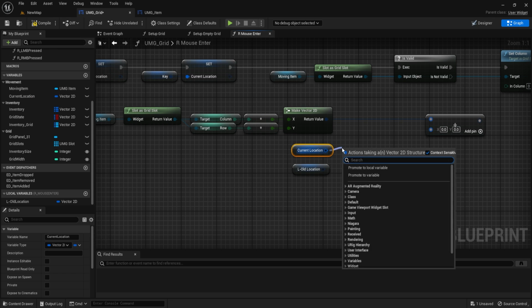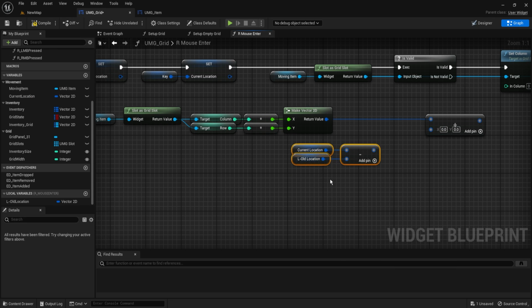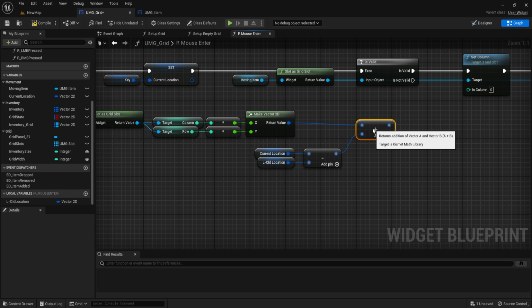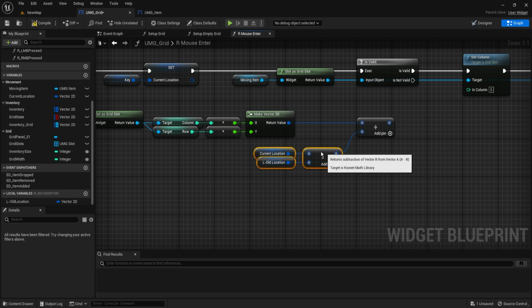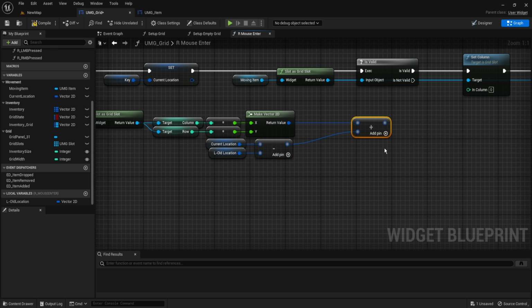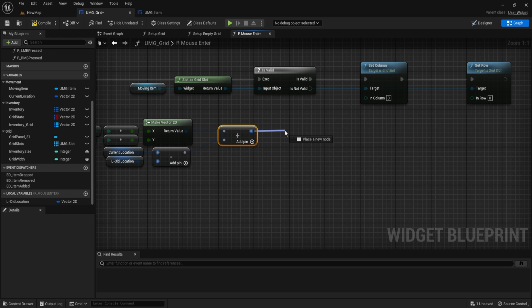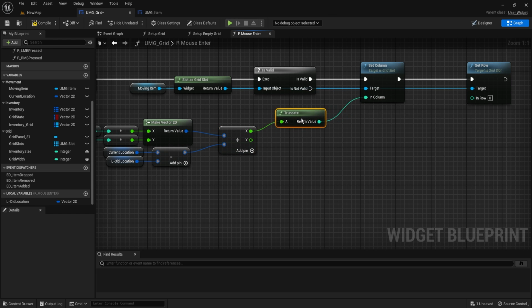So current location is the new slot minus the old one, so where it was previously, and we'll be adding that difference to the actual current location of the widget itself, in the actual grid panel. So then we can just split this struct, plug the X into column, plug the Y into row,